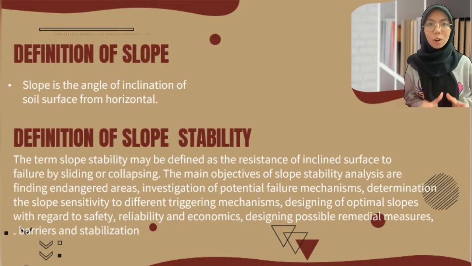First, definition of slope. Slope is the angle of inclination of soil surface from horizontal. And next, definition of the slope stability. The term slope stability may be defined as the resistance of inclined surface